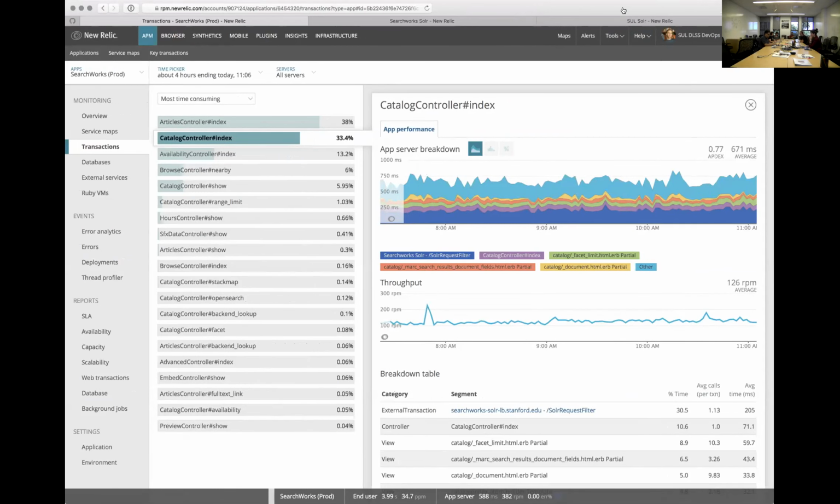So leading up to this Searchworks indexing performance sprint, we started monitoring all of our relevant applications in New Relic. What New Relic does for us is it gives us a breakdown of performance. Currently we have 24 hours of data. We'll be extending that to 90 days in the coming weeks. What we can see from these graphs is about a third of our Searchworks application performance is spent waiting for Solr. So we know that, well, we hope there's an opportunity for improvement